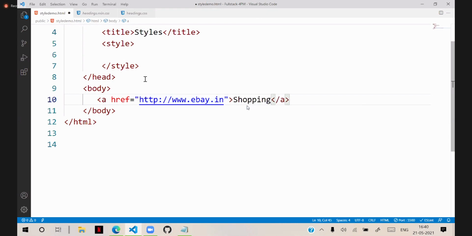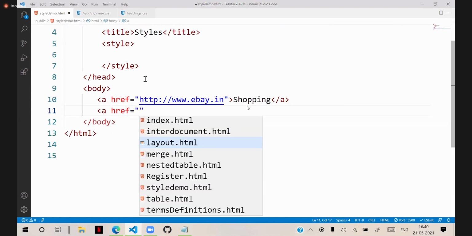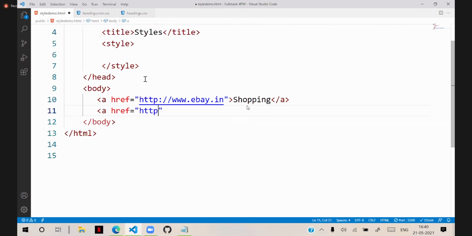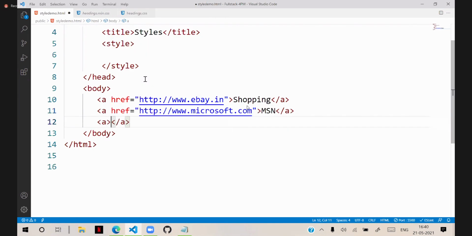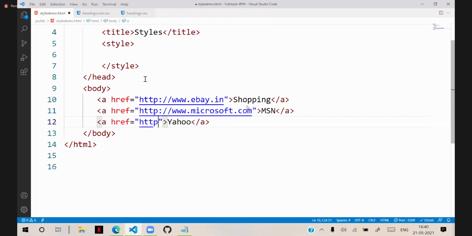Another anchor, href is equal to http://microsoft.com, say MSN. Another href is equal to yahoo.com, something like this.